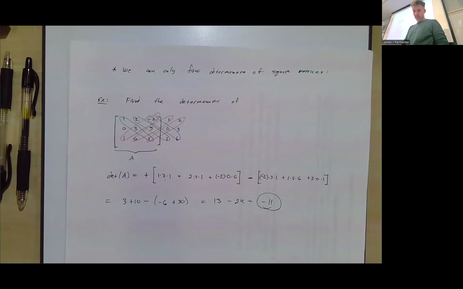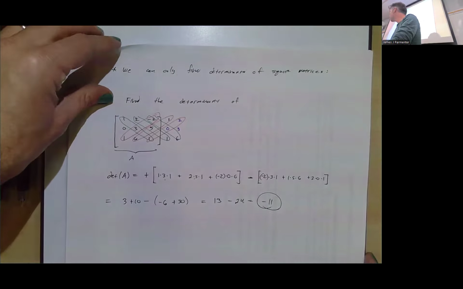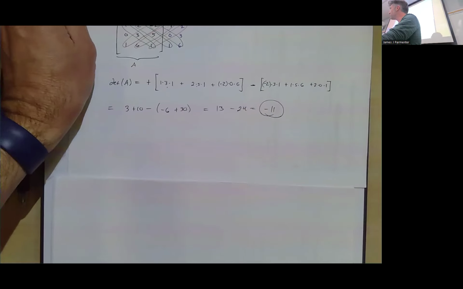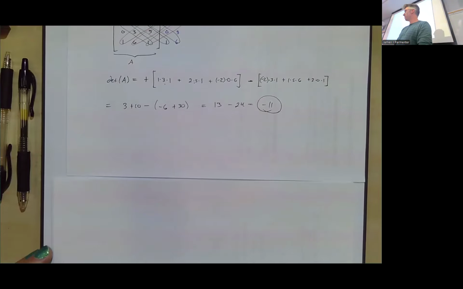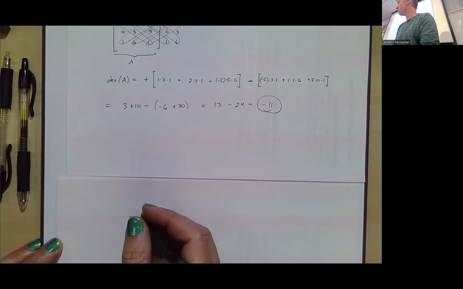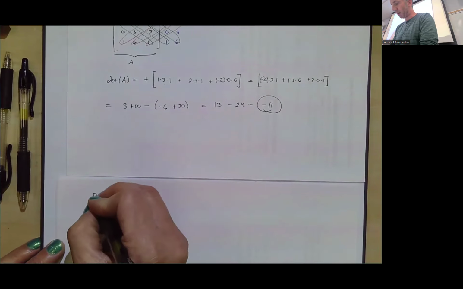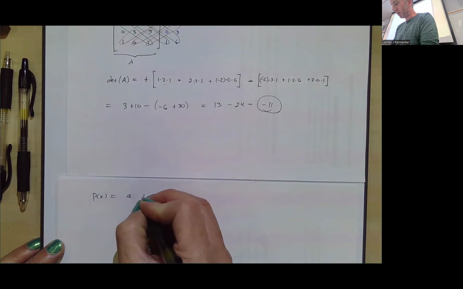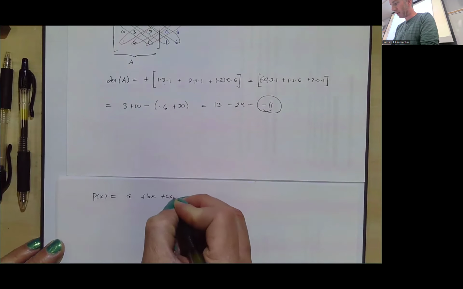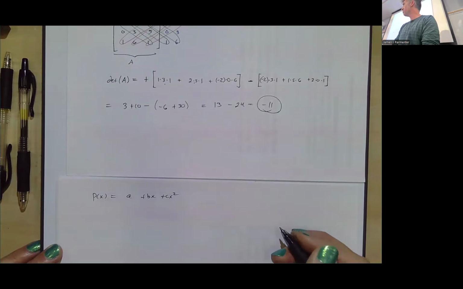Okay, we'll talk more about determinants and inverses next time, but let's get to those two questions there because they're not too terrible and we should be able to get them both done real quickly. So let's look at the one that says find the second degree polynomial ax squared plus bx plus c. Sorry, turn it the other way. So p of x equal to a plus bx plus cx squared